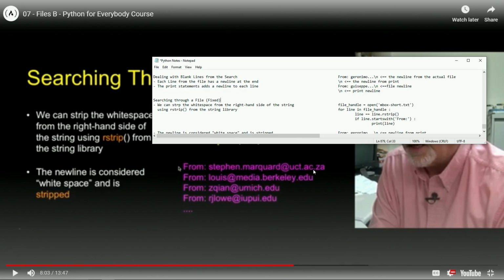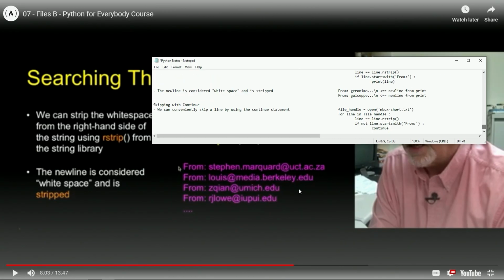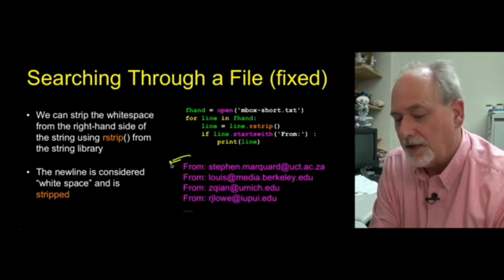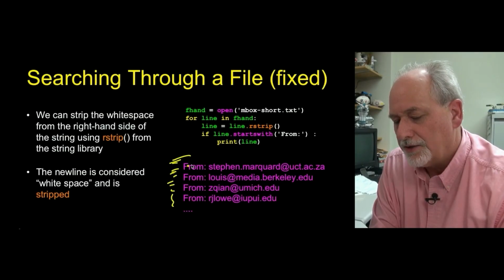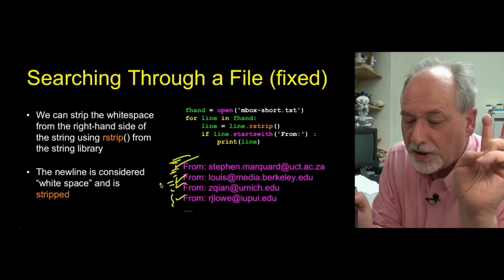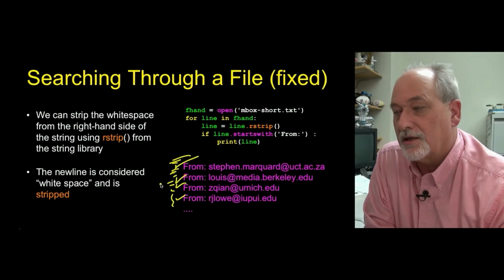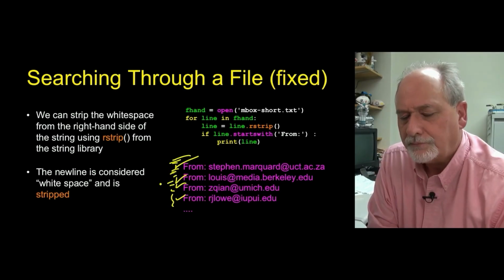Let's go back to the bottom. There are lots of different lines in it, and we want to ignore all the lines except some good lines, and we want to do something with those good lines, or the lines we're looking for. Needle in a haystack. This is like searching for a needle in the haystack.